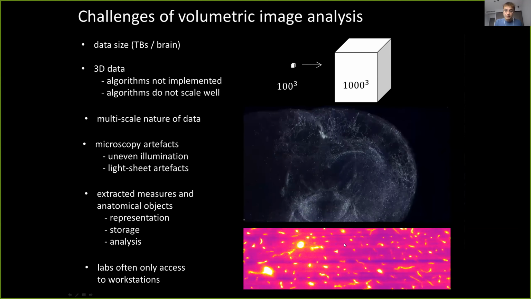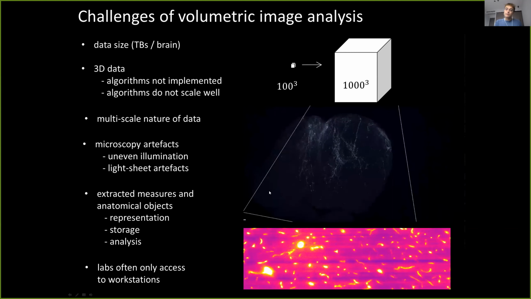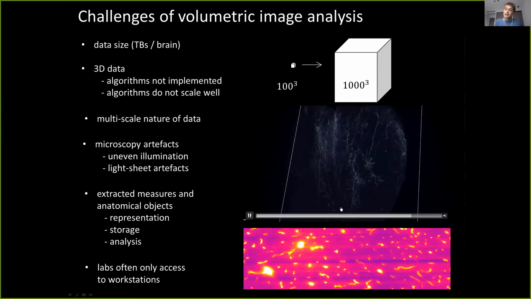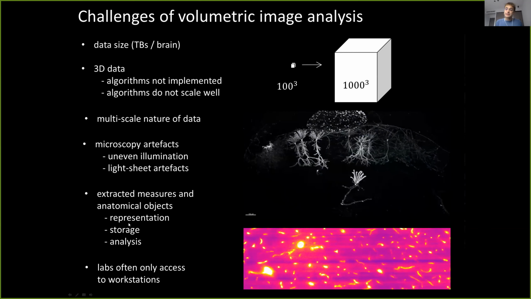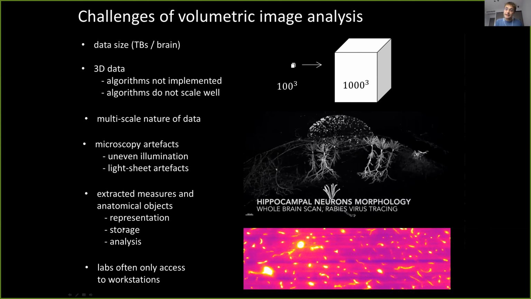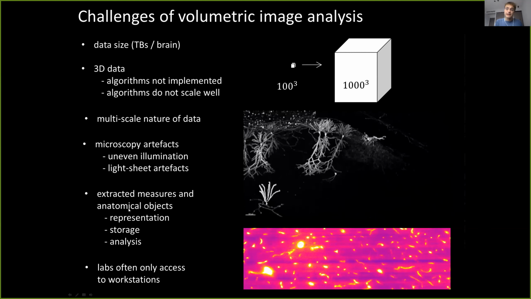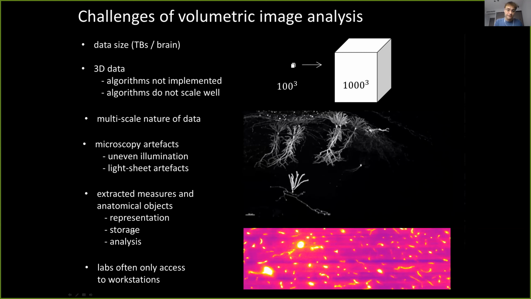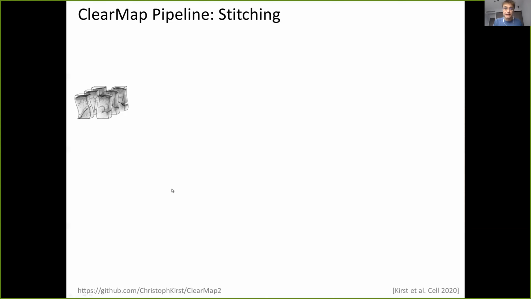On top, you have a microscopy artifact. And then once you have extracted data, you also want to put that data into certain representations of representing the anatomy or other measures in the right way. And these may be huge measures that have to be optimized, and tools have to be developed for that as well. So we try to solve this, in particular, have people install their software on their local workstation to get around huge cluster computing as well.